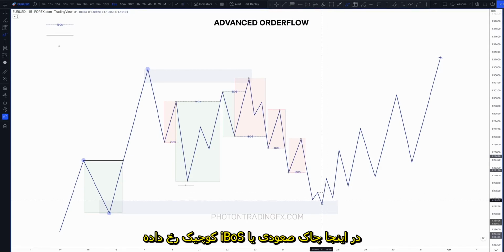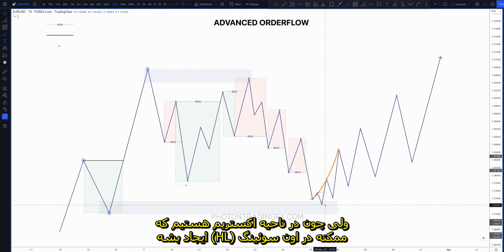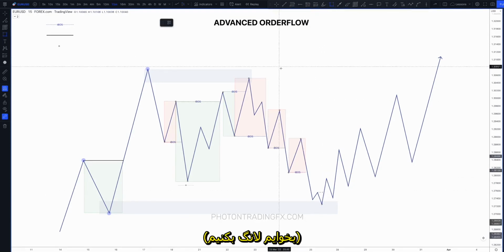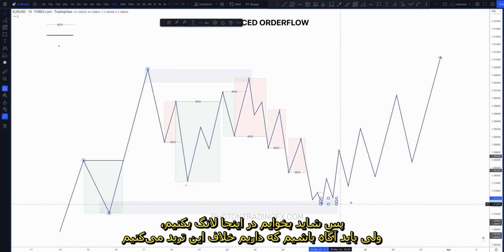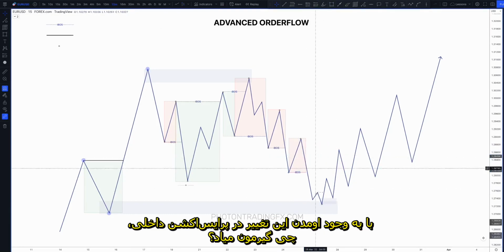So we get that bullish change of character or maybe a smaller IBOS, but we know it could just be to facilitate that movement into this protected internal high to continue to the downside. But because it's the extreme area in which the swing high low can form, this is when it can be high probability to trade against the larger internal order flow, right? And to get in long, right? So we may want to get in long here, but we have to be aware that we are trading against this. So as we get that shift in the smaller